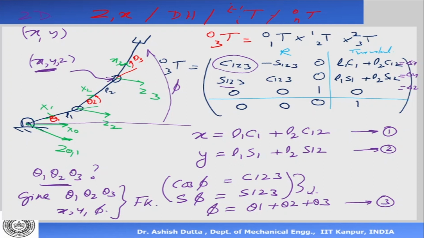Okay, that's the first point. The second is we need to understand that this xy is a function of theta 1 and theta 2. And if I want theta 1 and theta 2, then basically I need to take the inverse of that, of xy here now. So this is my forward kinematics and that's my inverse kinematics.